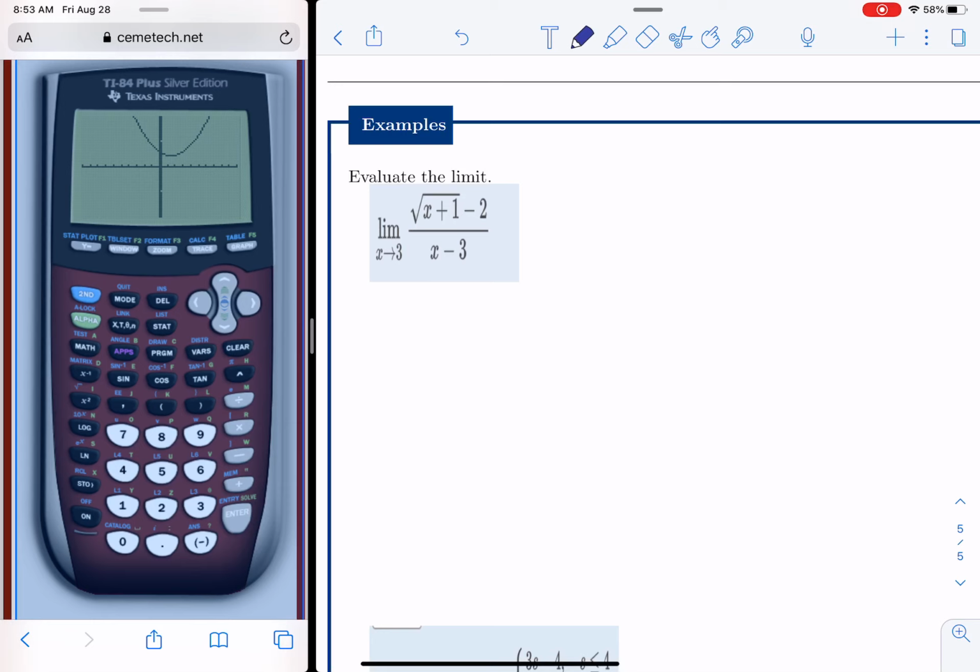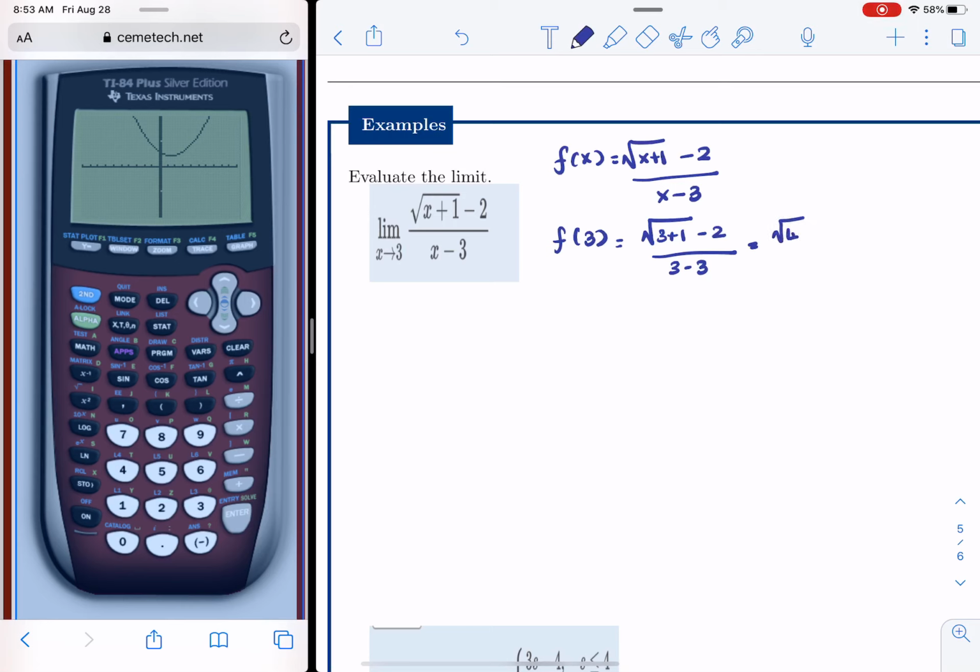Try to come up with a way to simplify so that we could evaluate the limit. Here, f of x is square root of x plus 1 minus 2 over x minus 3. If I plug in 3, clearly there would be a discontinuity. As I've shown earlier, you can make use of a calculator to identify the discontinuity as well. So square root of 4 is 2, 2 minus 2 divided by 0, the same issue